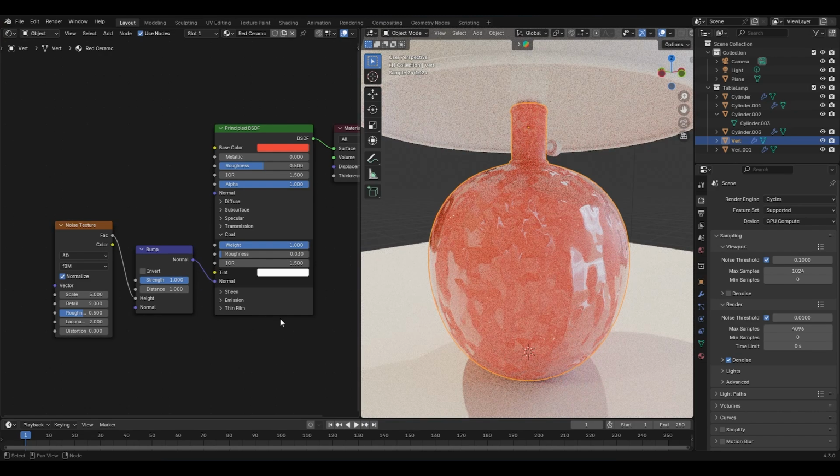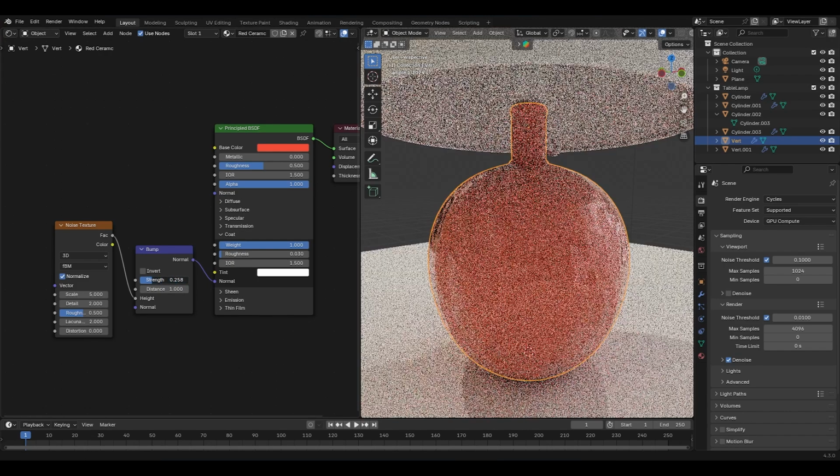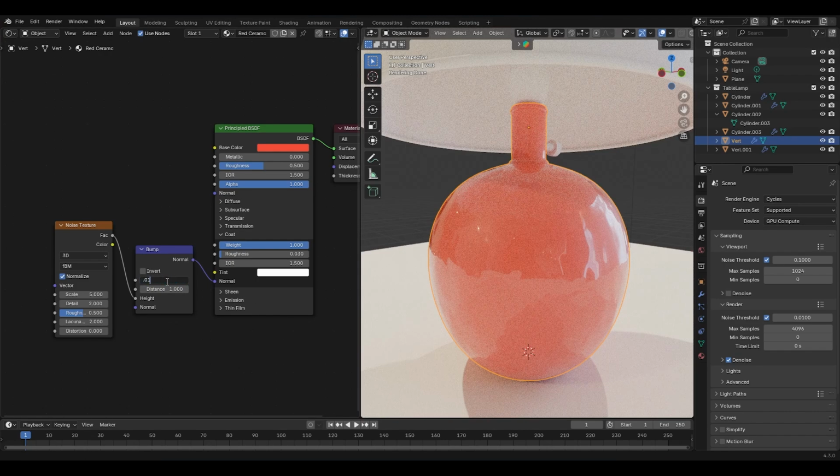Alright, now as you can see, the strength value is way too high, so I'll bring it down to something subtle like 0.01, and look at the result. It adds just a tiny bit of distortion to the reflections, making them less perfect and much closer to what you'd see in real life. It's amazing. You can also adjust the roughness if needed, and if you want to take it a step further,